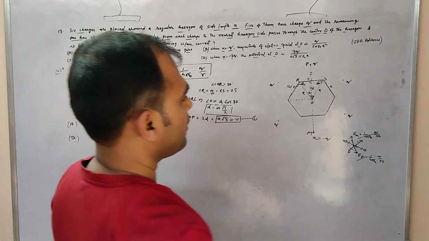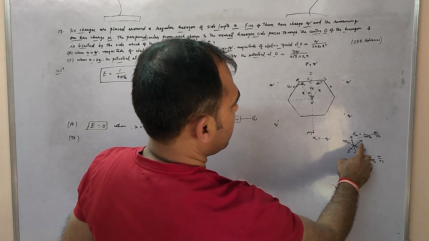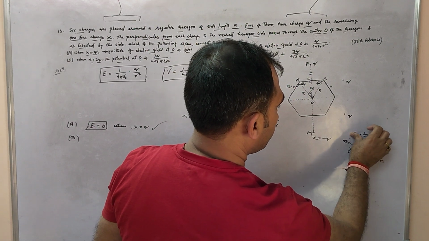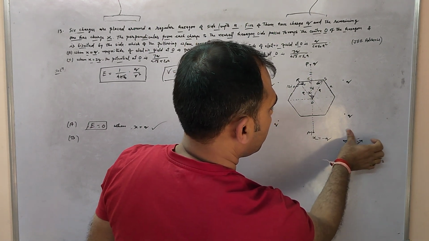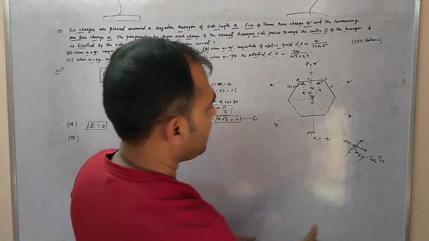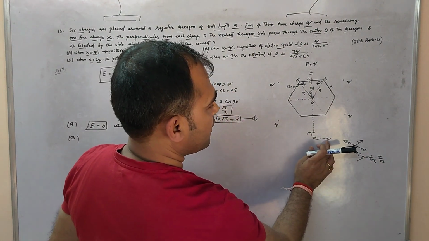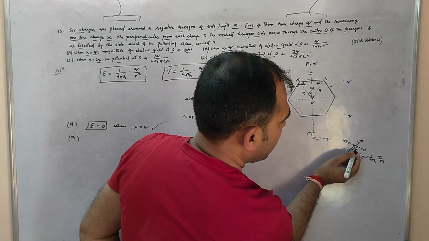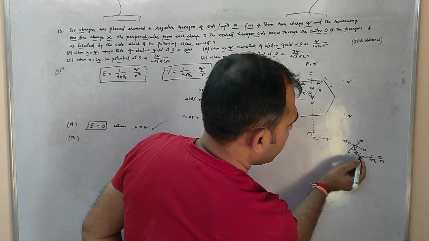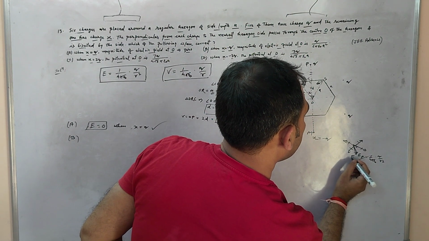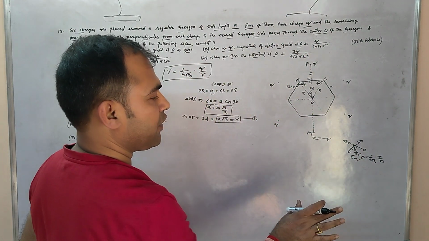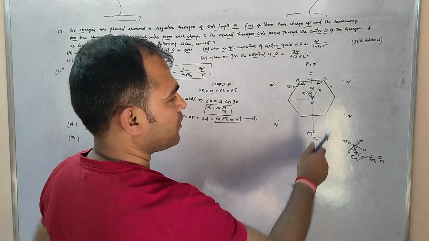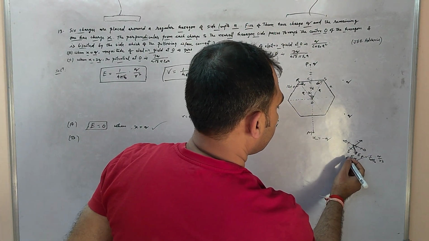What will happen? See, again this will cancel out, this will cancel out, but this time this EM will be, due to minus q, a negative charge, it will act in the same direction as EP. They both have the same magnitude and the same direction. Like here, this is vertically downward. So they will be added.